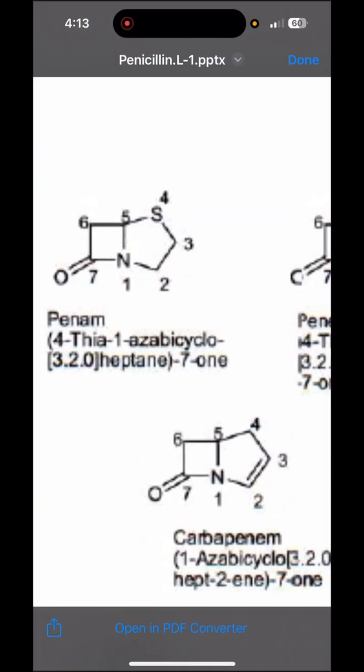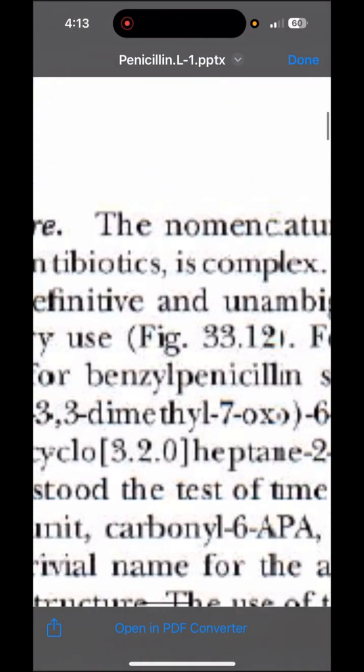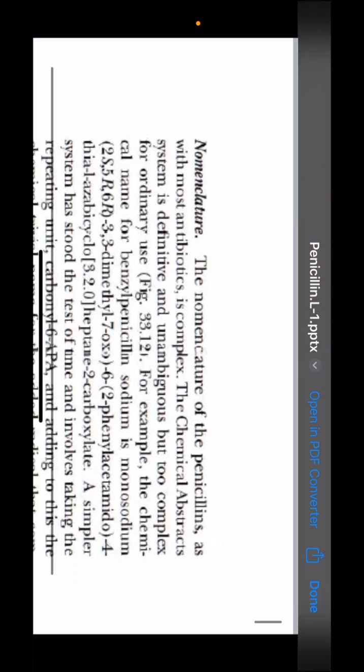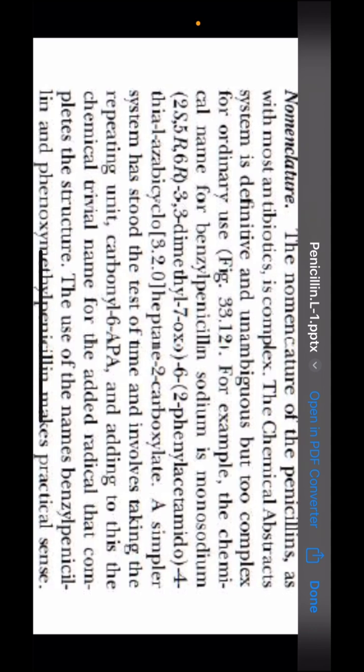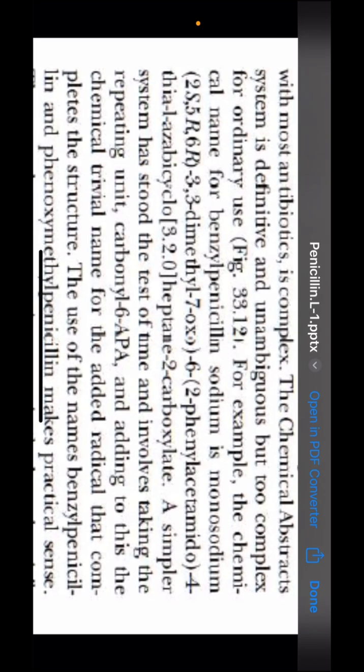So this is the structure of penam. Then we go to the next slide. Nomenclature of penicillin is complex. The Chemical Abstracts system is definitive and unambiguous, but it is also too complex. The chemical name of benzyl penicillin sodium is monosodium